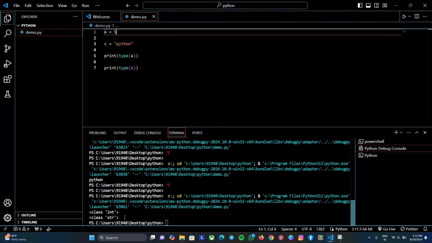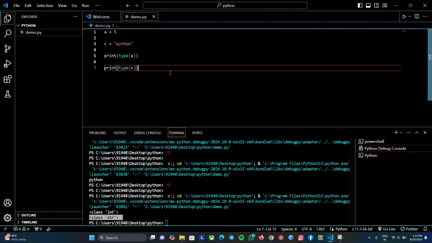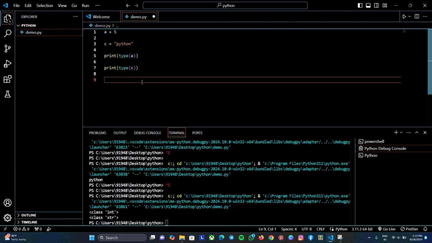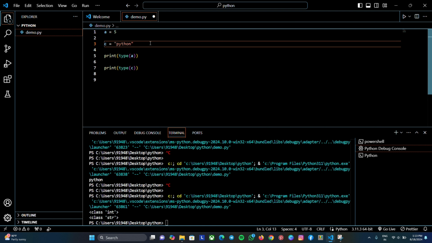Yes, we get the input as class int for A and class str for C. So now here comes a question. What is int and what is str? It's basically simple, like the values which are placed under double quotes are called strings and the numbers are called integers. These are some of the common data types in Python, and apart from these data types